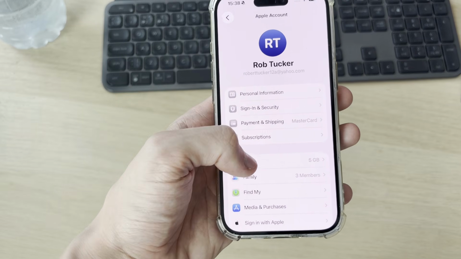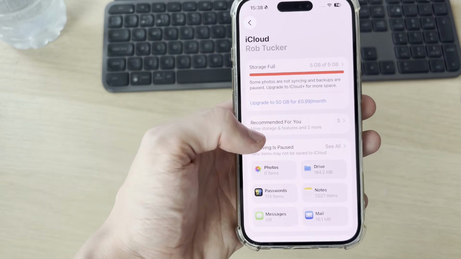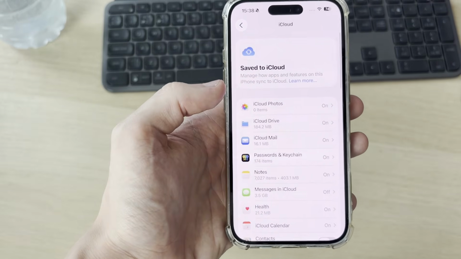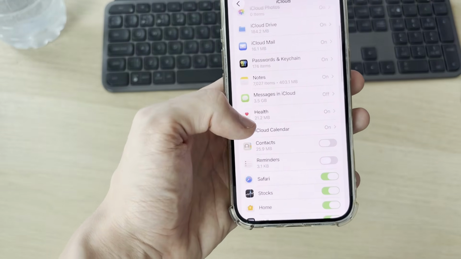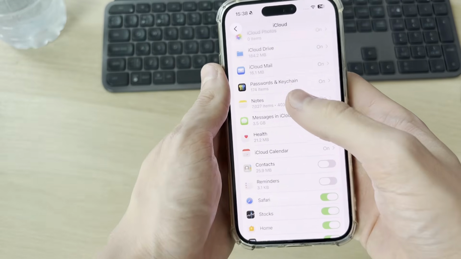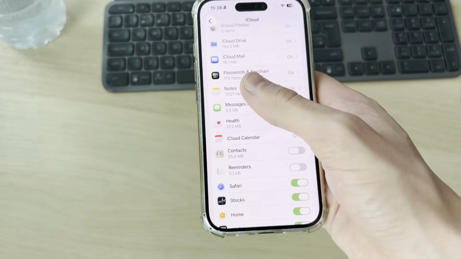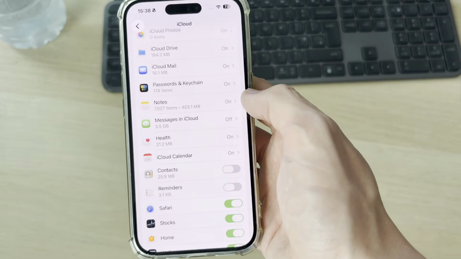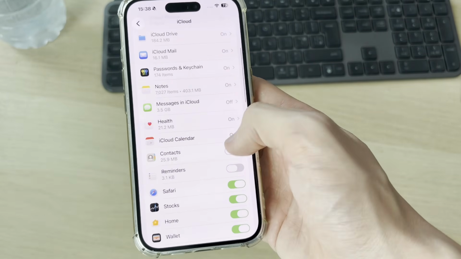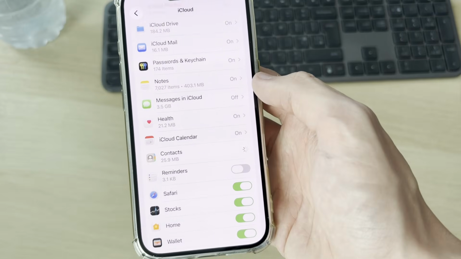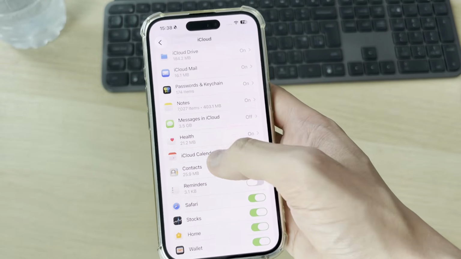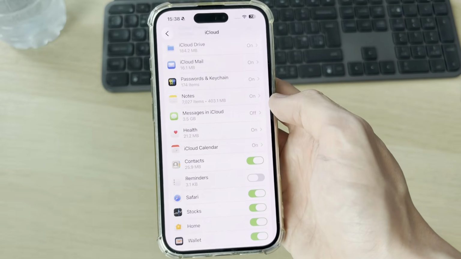So what you can do is come into iCloud like so, and you can actually come into saving here. Mine's currently paused, but tap see all at the top. And what you can do is start turning these on. This means the data from your iPhone is going to be synced with iCloud, and it can then be accessed on iCloud on another device. So for example, here I could switch on my contacts, and then my contacts from the iPhone are going to be synced into iCloud. So I could then go onto another device where the same iCloud account is